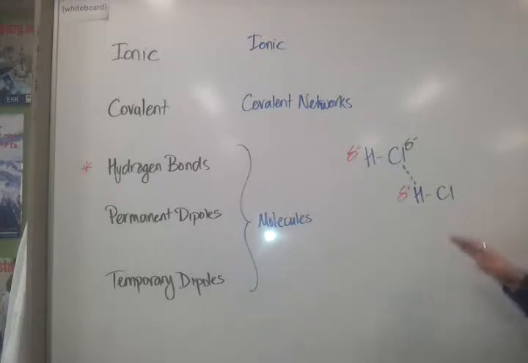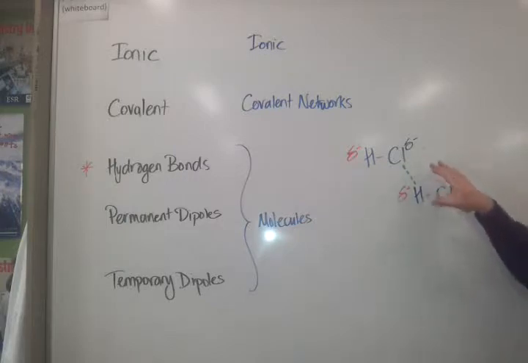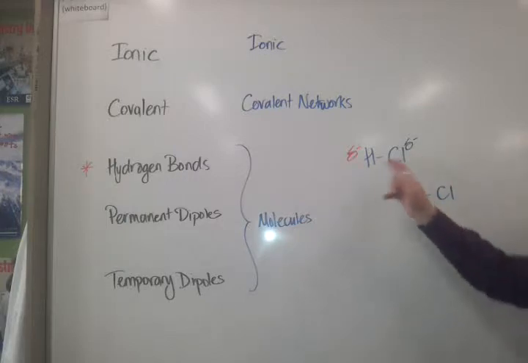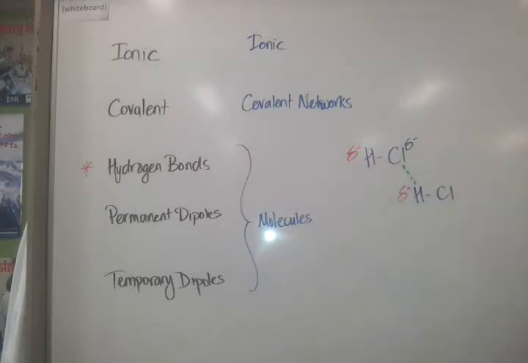This is why hydrogen chloride has a higher melting and boiling point than, say, for example, hydrogen bromide, because the bond in hydrogen bromide isn't quite so polar. So it doesn't make quite so strong a dipole in each molecule. So the attractions become a little bit weaker. So this is what we call a permanent dipole interaction. And this is basically why polar solvents dissolve polar solutes and things like that,